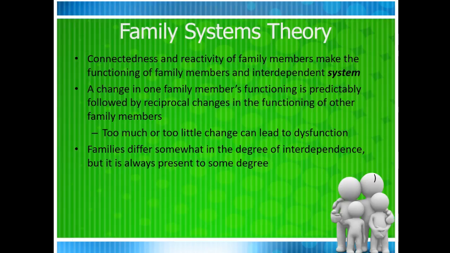So the family systems theory, this is a definition that you need to be familiar with. Family systems theory is just saying that there is connectedness between family members and there's reactivity between family members, right? So it's an interdependent system. That makes sense, right? That means that if someone is hospitalized for an extended period of time, then likely that's going to affect the other people in the family, depending on what the family's resources, coping skills, and levels of stress are. That is going to determine how much the rest of the family is affected. To me, I'm kind of like, duh, right? I think that's probably pretty straightforward.